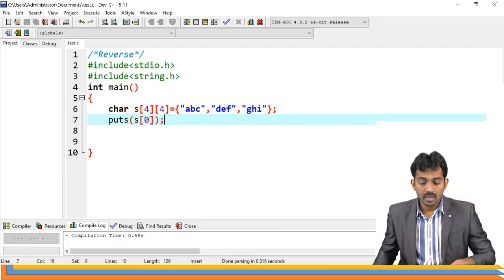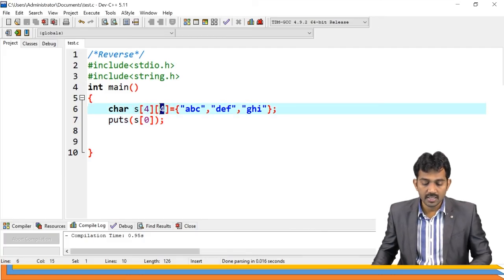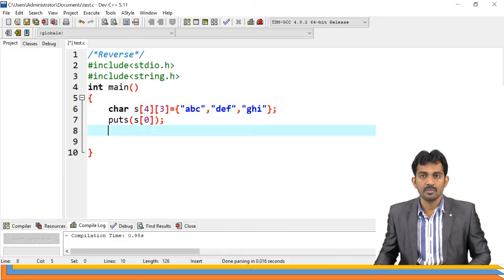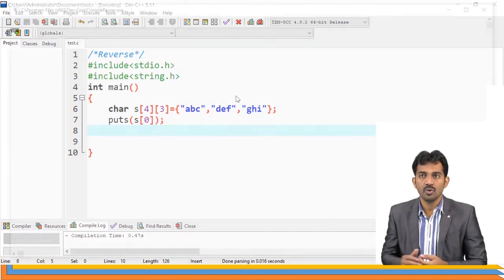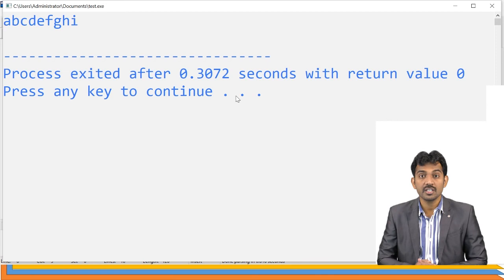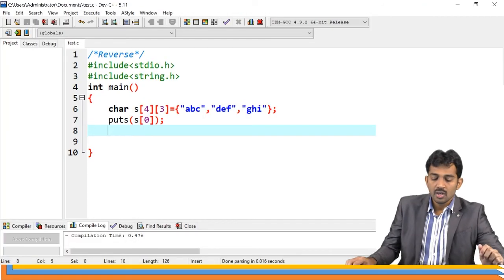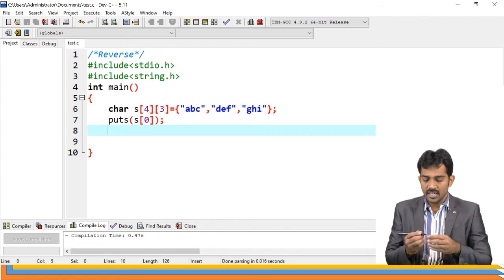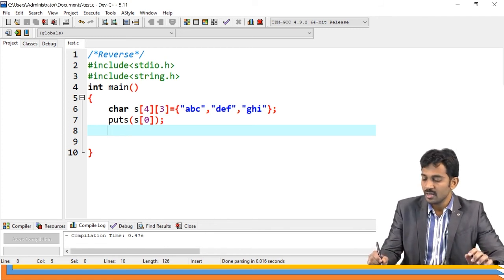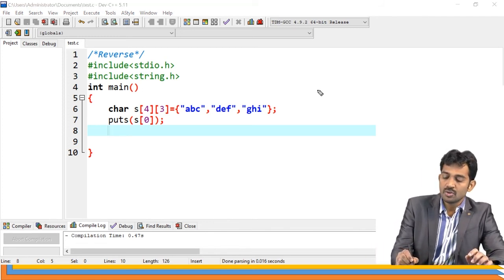For example, here I am going to take 3 as the input. Then what is the output here? If you run this code, A, B, C, D, E, F, G, H, I. Why? Because here we are going to allocate 3 characters for each string.